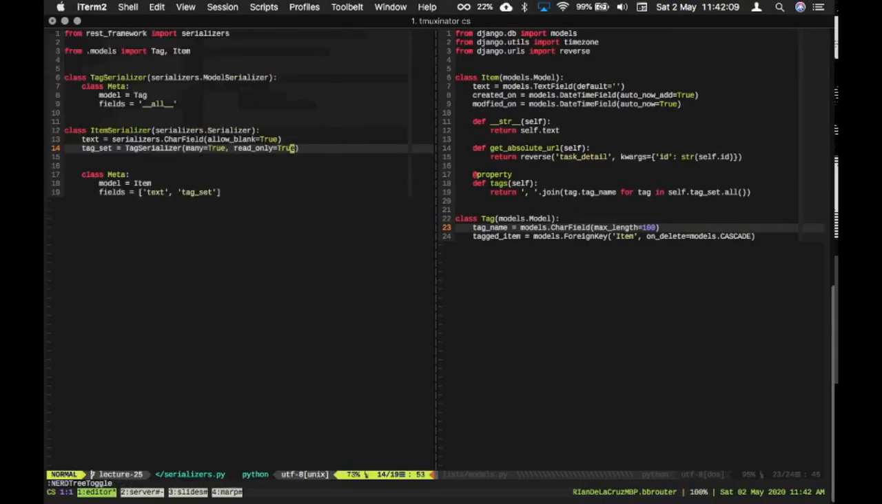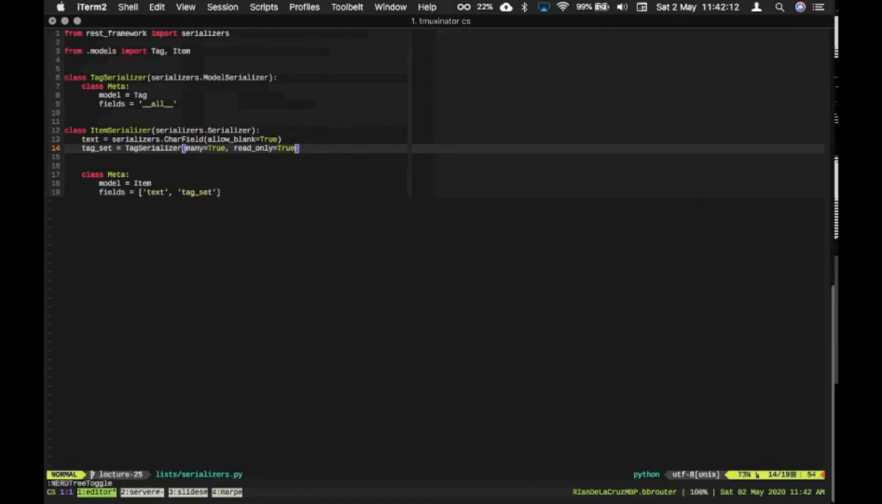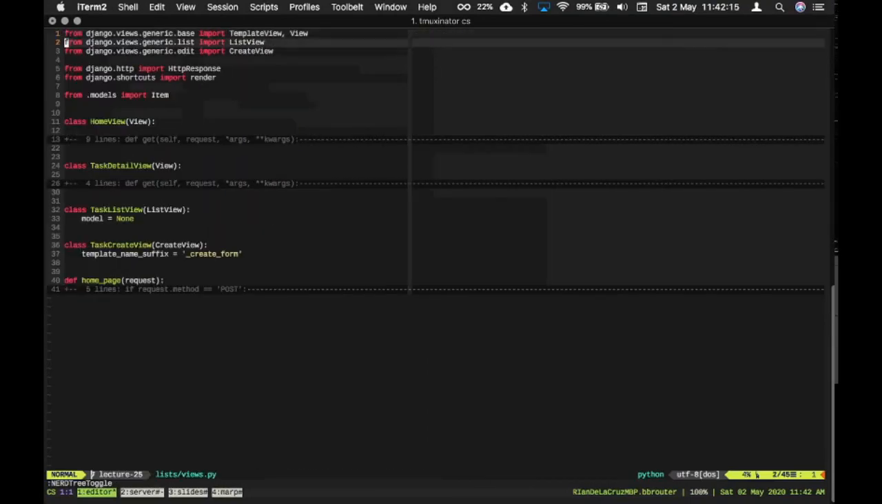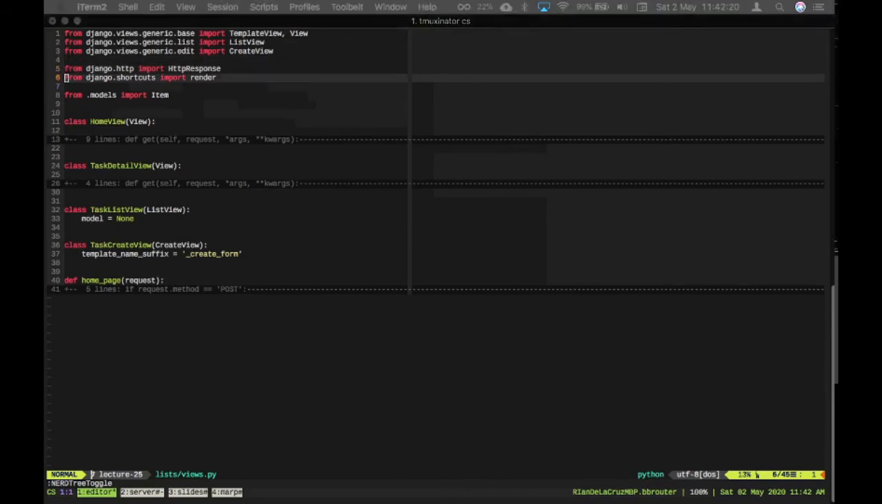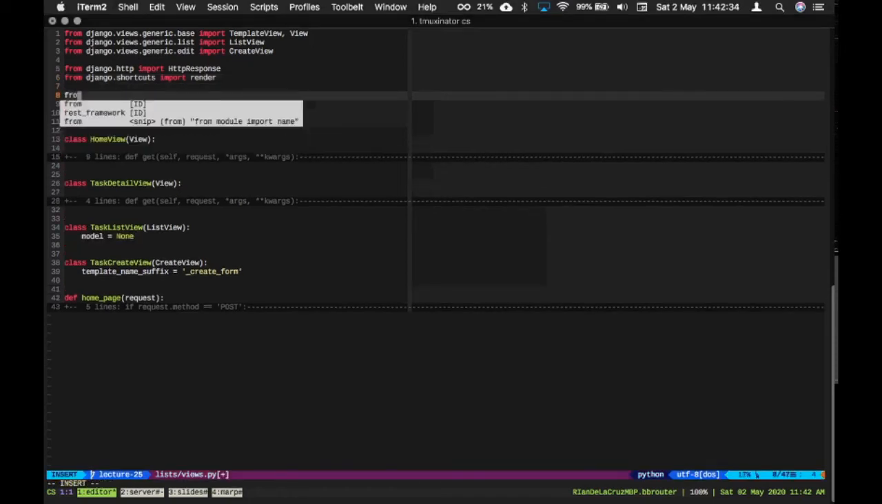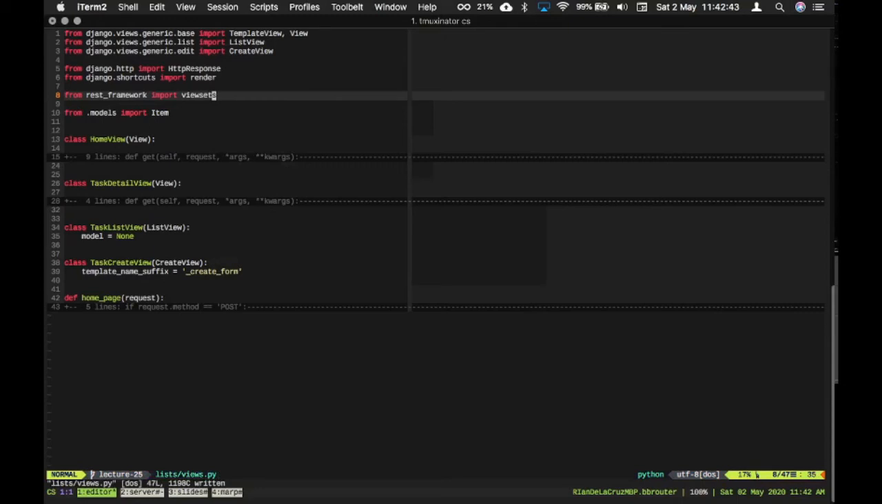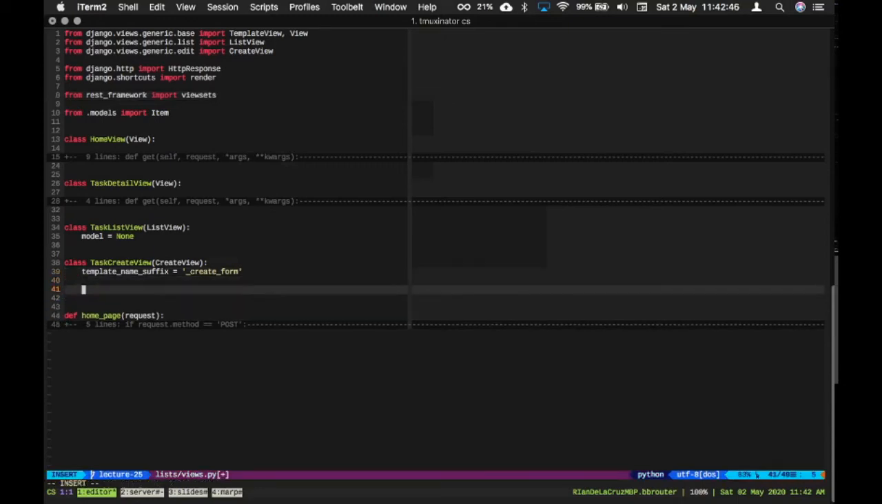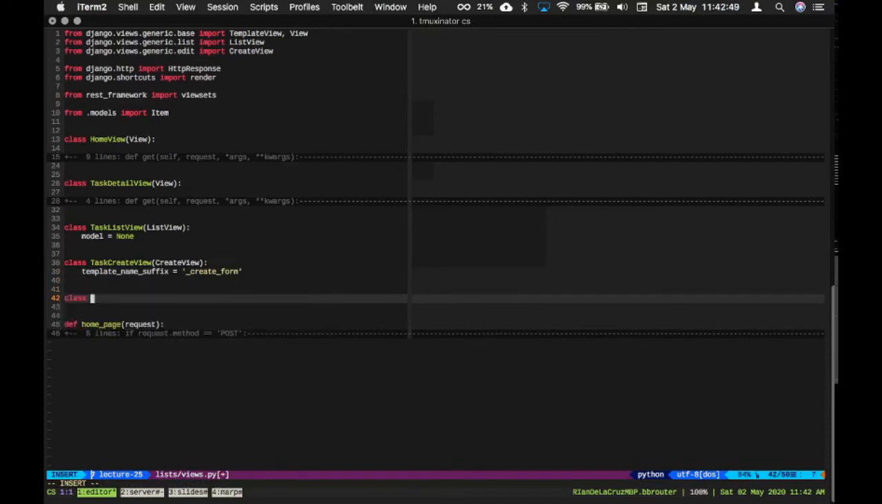Obviously, I just want to, okay, I will close our models file. Let's go to views. And what we'll do is we shall create a view set. So let's create a view set by importing REST framework again. From REST framework import viewsets. Okay, and I'll just add before this function-based view a class